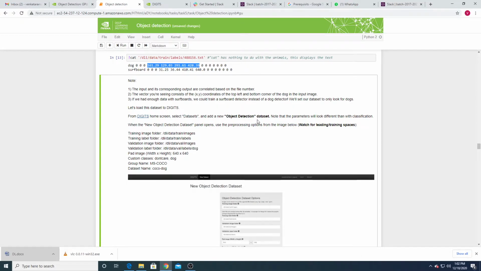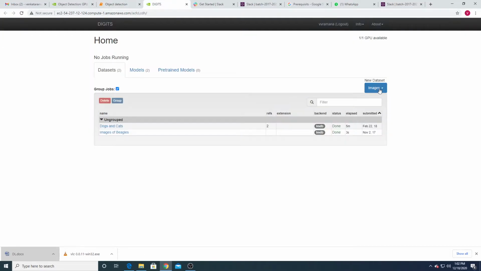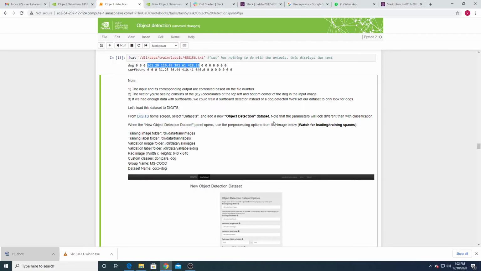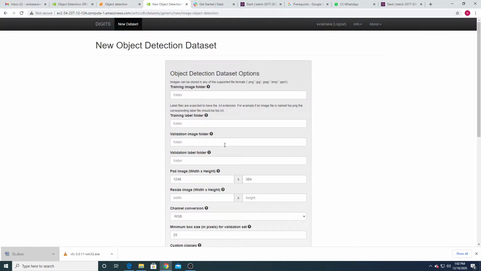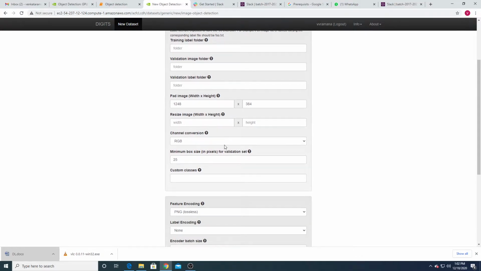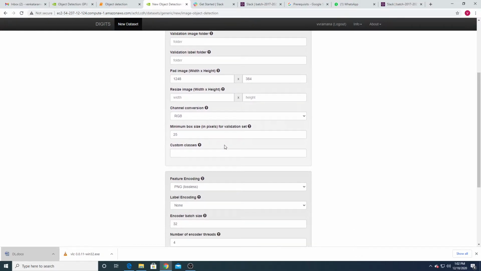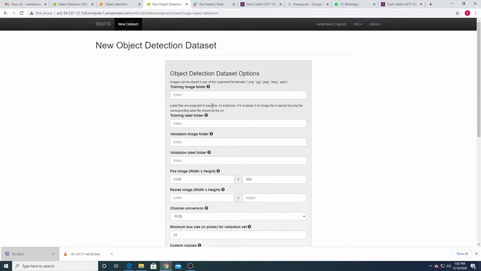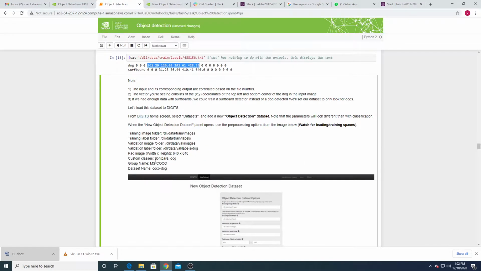Add new object detection dataset. So here, Images, Object Detection Datasets. Note that the parameters will look different than with the classification. These are the parameters which are different from what the classification dataset parameters look like.